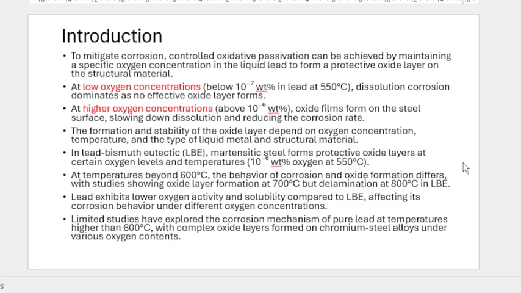The formation and stability of the oxide layer depend on oxygen concentration, temperature, and the type of liquid metal and structural material. In lead bismuth eutectic, martensitic steel forms a protective oxide layer at certain oxygen levels and temperatures, 10 to minus 6. At temperatures beyond 600 degrees C,